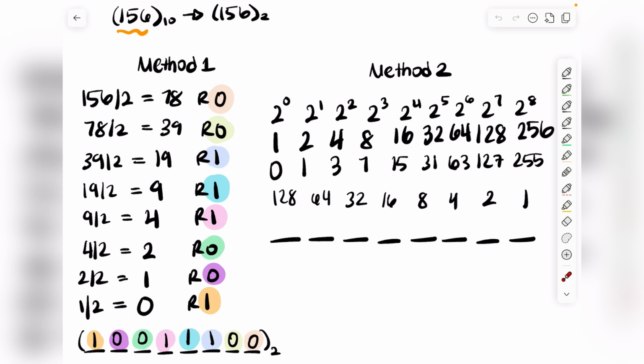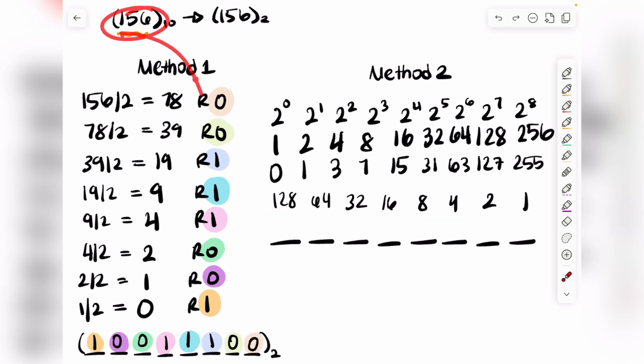Now remember, the default is that the right side is the side to start on. So we start here and we move our way down here. As we set up our powers, we start here and we fill in our bits this way. That's the default. So you're always going to start on the right, except for when you're doing method 2. In method 2, the algorithm works when we start on this side and we fill in our bits this way. You take your number that's given to you, 156, and you ask yourself, is 128 less than or equal to this number